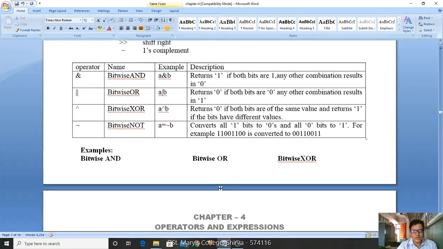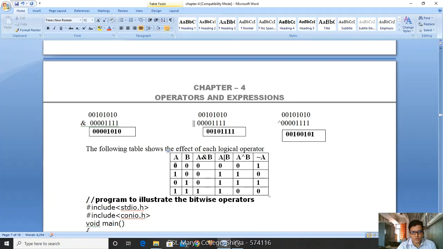Then let us see the truth table. First we will see the truth table. 0 0 means 0; 1 means true and 0 means false. 1 0, what happens here? False. 0 1, false. True true, true.